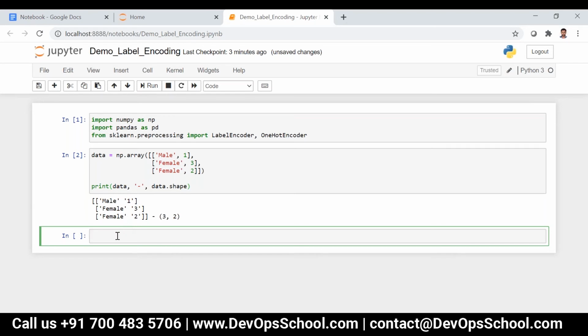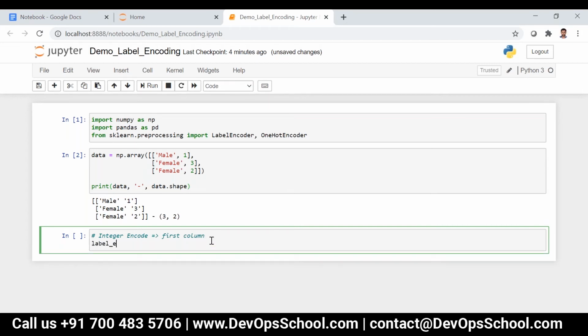I can write integer encode on the first column. What is the first column here? Male, female, female.